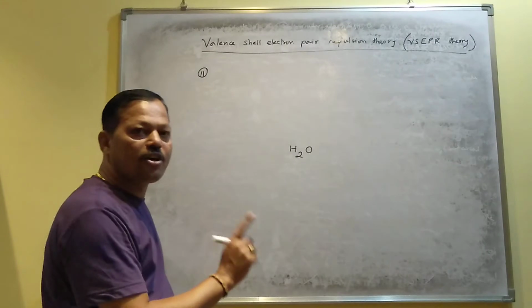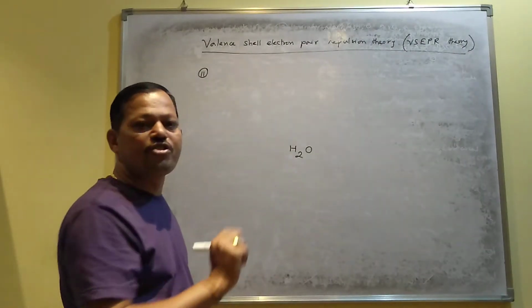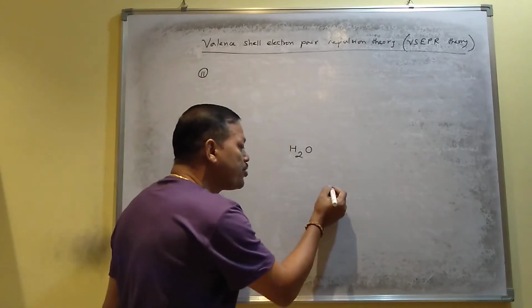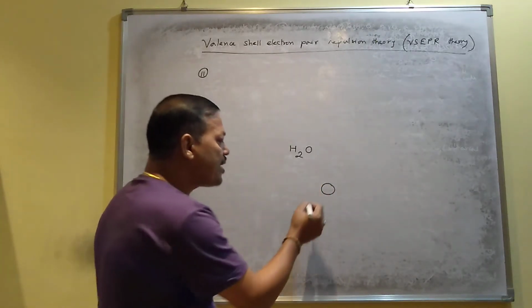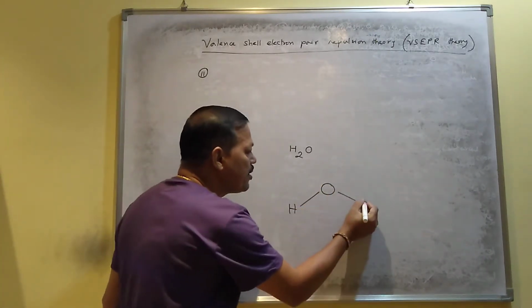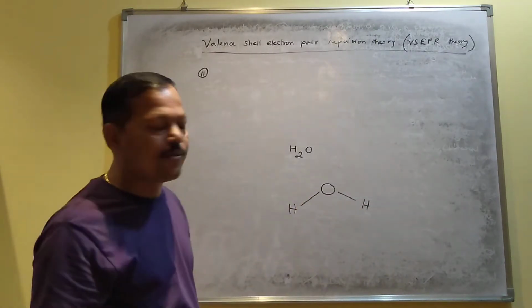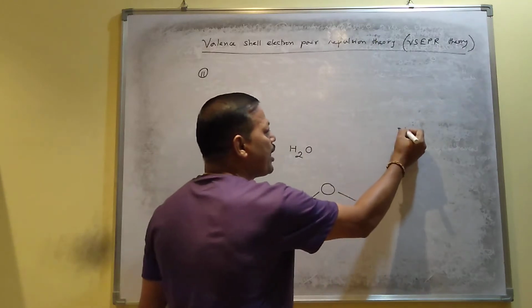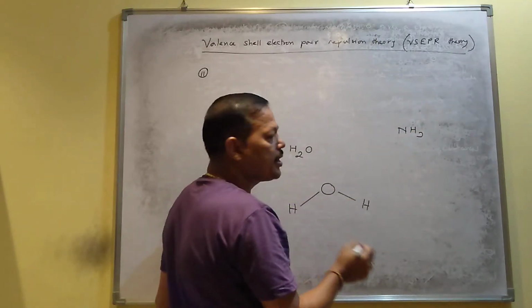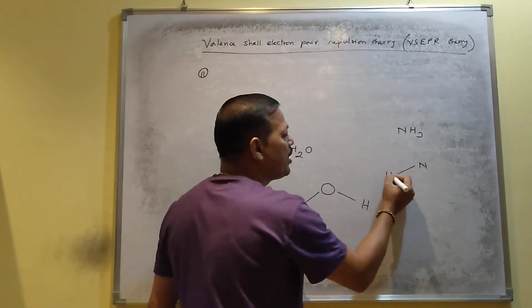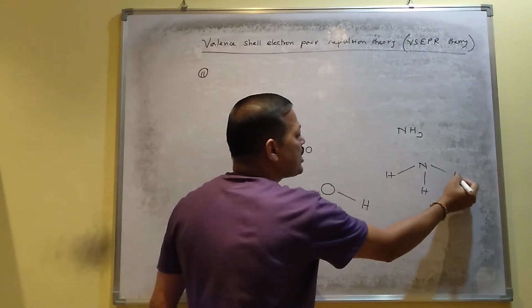If the molecule contains three or more than three atoms, then one of the atoms is called the central atom, I mean which will be present at the center, and the other atoms are said to be surrounding atoms. Here hydrogen is the surrounding atom, oxygen is the central atom. So in any molecule, if you consider ammonia molecule, here four atoms are present. One atom is said to be the central atom, and the hydrogen will be said to be surrounding atoms.